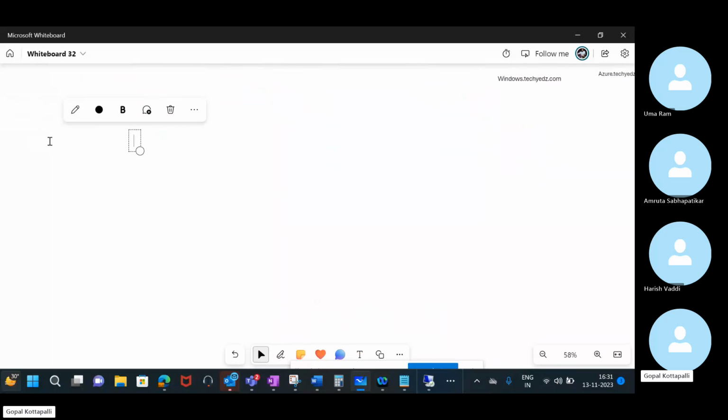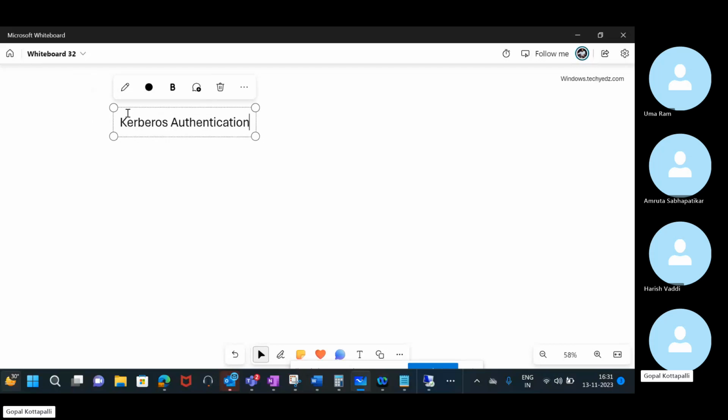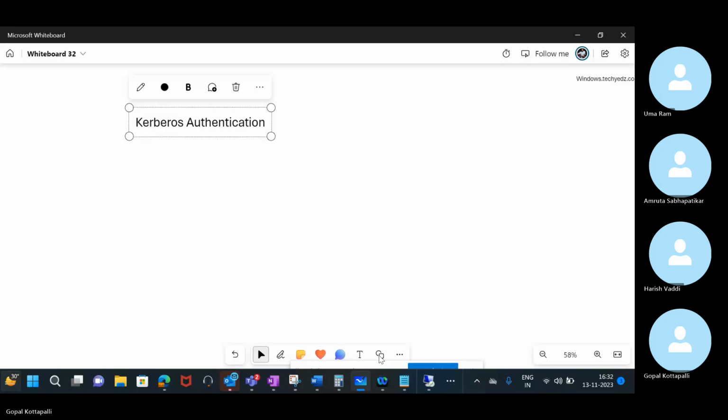Okay, it's a third party authentication which is being used by the Active Directory domain services. It is an interview question, so you can make a note of this. No one is going to explain to you in detail regarding this Kerberos authentication. Very few people do that. All right, so